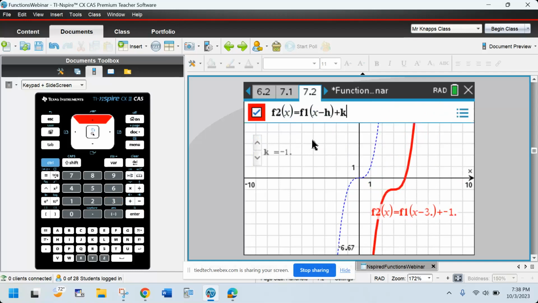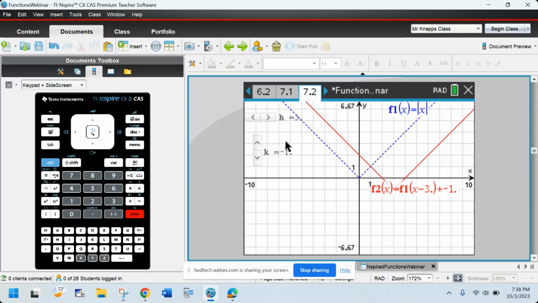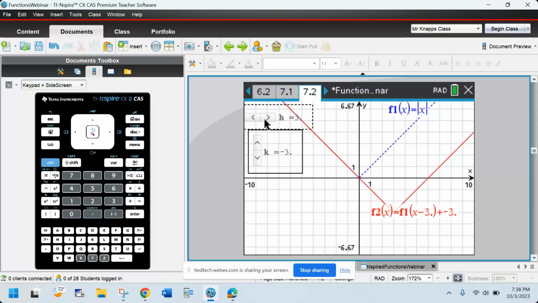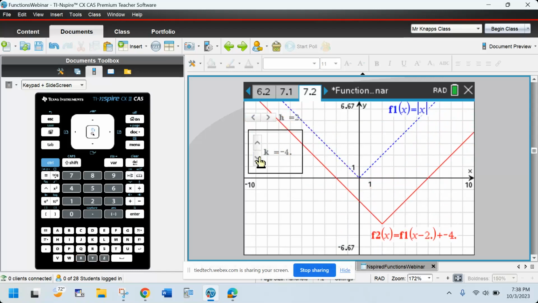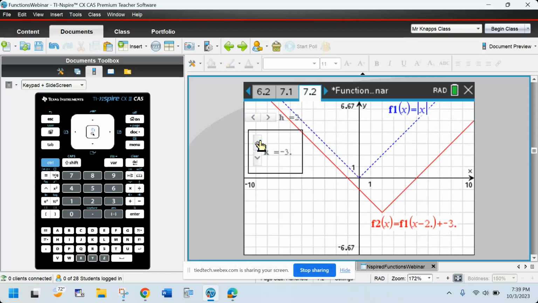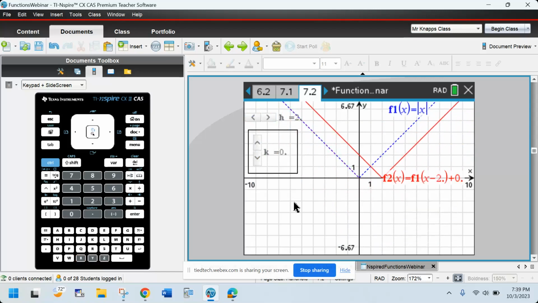Or we could go back and use the absolute value function. I'm going to type abs of X because the calculator and computer know that that is absolute value. And so we see the absolute value parent now translating on our screen. So once you've created it once, you can reuse it so many times in so many different ways by just changing that function entry that I initially had in F1. Okay, so that's a little bit with